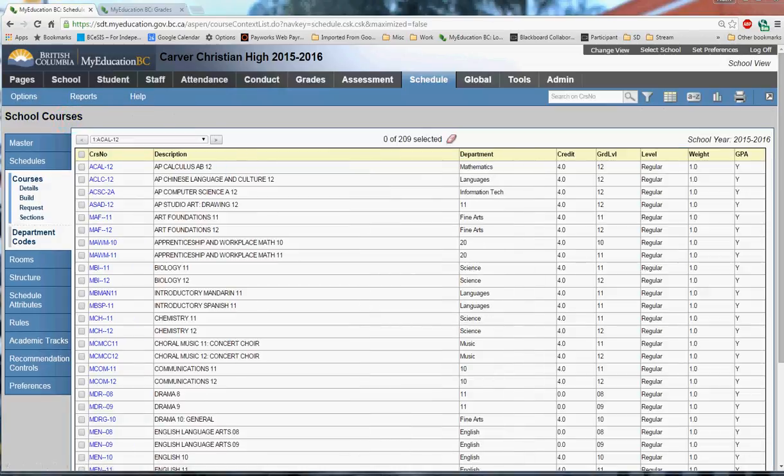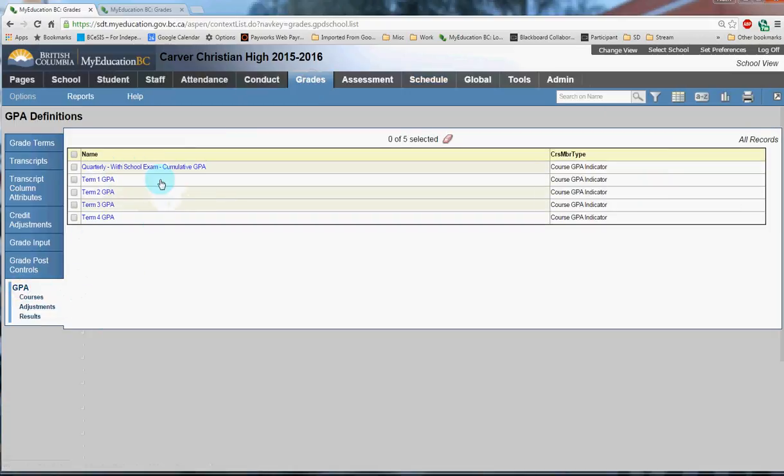Okay, so now that you have all of your courses set up with the GPA and the credit value of 1, you can move on to the next step. The next step is section 3.2, so School view, Grades top tab, and GPA side tab. And here you have the different versions or different terms that you can run the GPA for. Now, it's important to note that you cannot run this report